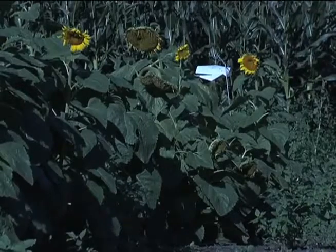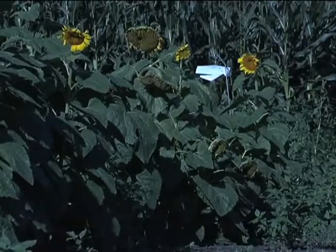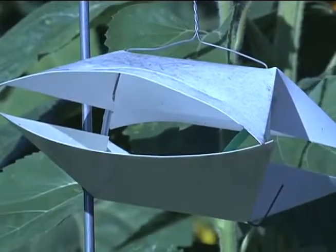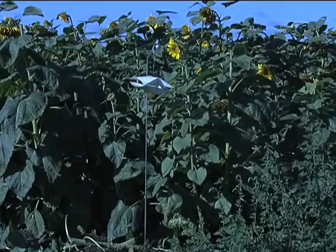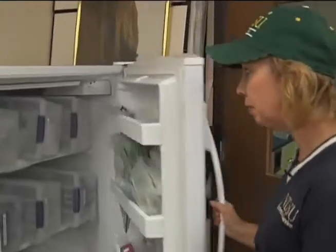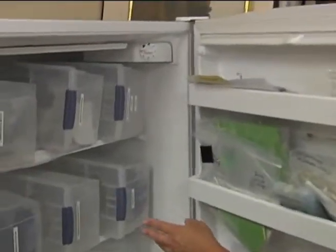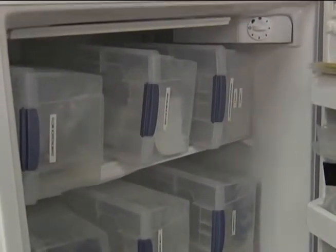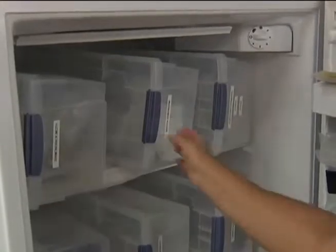If more than one trap is being placed at a field site, traps should be spaced at least 60 to 120 feet apart to avoid possible pheromone interference. The chemicals on the pheromone lures are real sensitive to high temperatures, so we recommend that you store the lures in the freezer. Keep them separated by each different insect. When you're ready to go to the field, take only the lures you need out